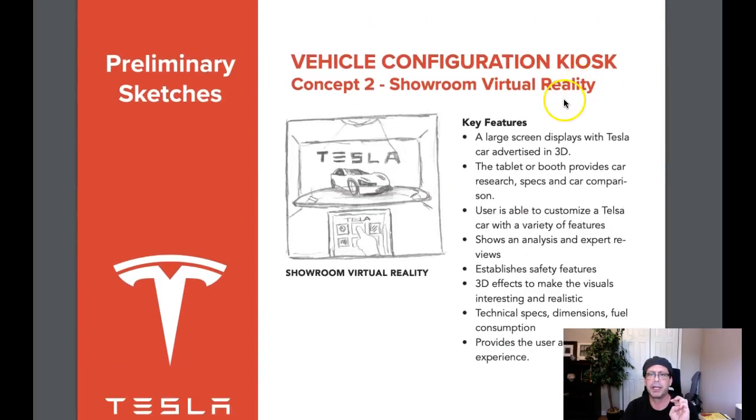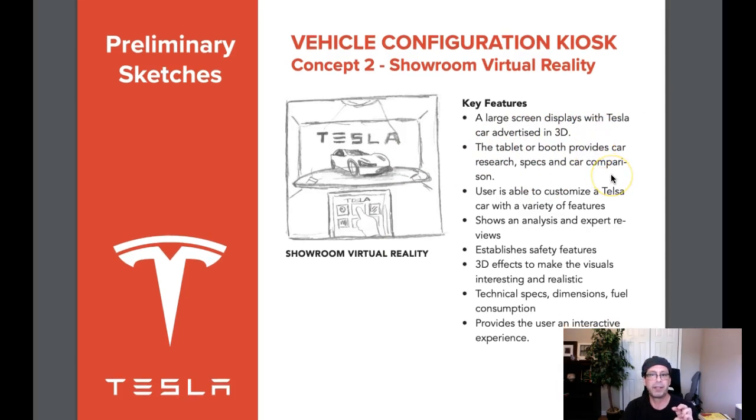Vehicle configurator kiosk. This is great. This is fantastic. I love this. This will work totally. Large screen display with Tesla car advertised in 3D. So again, is it holograph? Is it a screen? I think a holograph would be a great idea. So basically, if I get the idea here, it's a showroom virtual reality. It looks like you've got a tablet here. So you walk into the showroom, you go into a VR room, they give you a tablet, and you're able to configure. It says that there's a screen in front of here, and that's great, but maybe think about taking